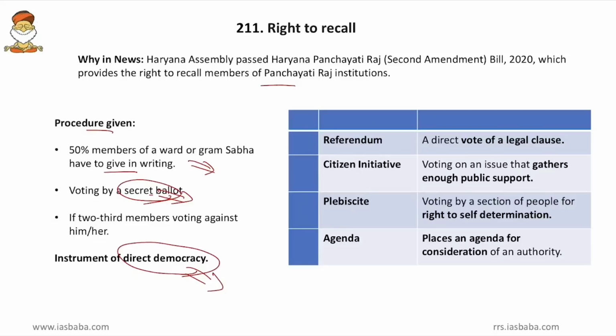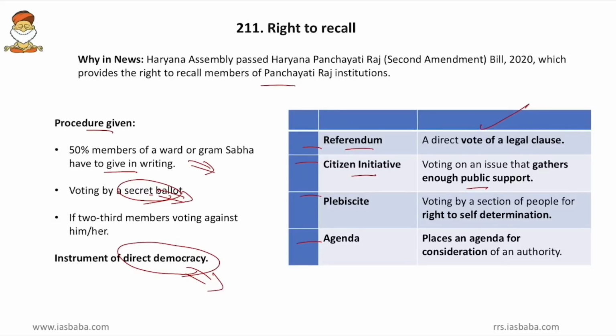So, these are the 4 other instruments. Friends, the common in all these things are that they have a public voting and various instruments are voted in different circumstances. First one is the referendum. So, referendum is a public voting taken up for a legal clause or a constitutional clause, might be Brexit or any of such sort. Then citizens initiative. So, any initiative that is in public interest is taken up by the citizen and it is put to vote, and when it gathers public support, it becomes citizen initiative.